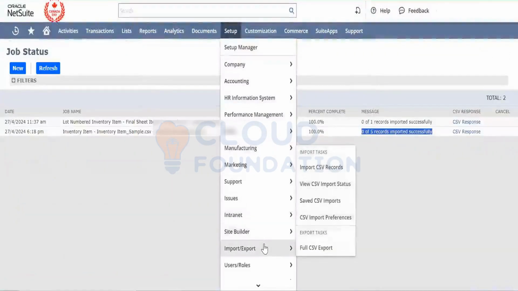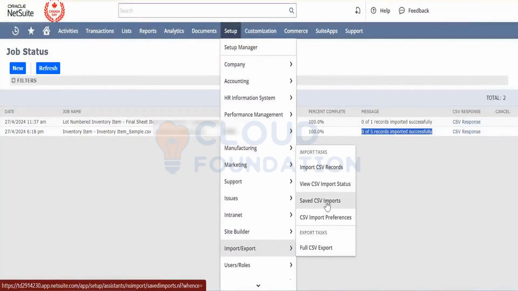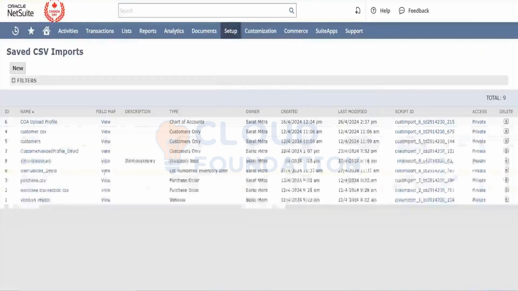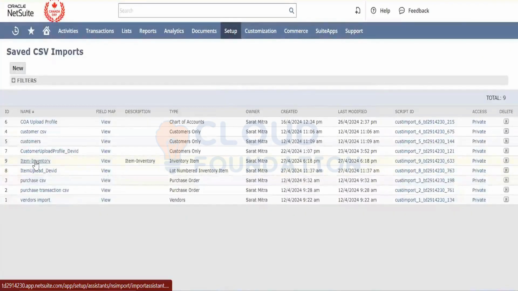Instead of going into my import CSV records, I go into my saved CSV imports. This time I click on that and there is something called inventory item inventory. This is the one that I have created, right? If you remember,